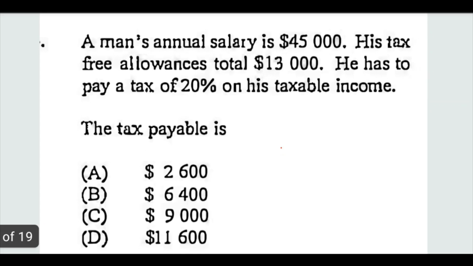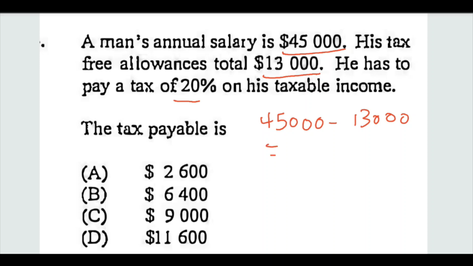Good. So this one, a man's salary is 45,000. His tax-free allowance is 13,000. He has to pay a tax of 20% on his taxable income. The tax payable is, now this is his salary, and this is the tax-free allowance. So to find 20% of his taxable income, we have to subtract the allowance, which is the money that is not being taxed, from his salary. So this will be 45,000 subtract 13,000. That will give you